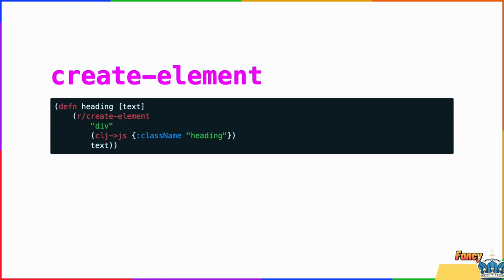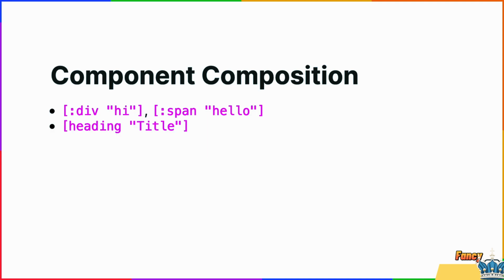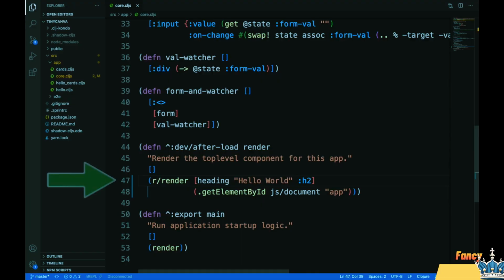This might be helpful in advanced use cases like animations. Native DOM elements are rendered using keywords like div or span. Custom components can be rendered using symbols. If we want to use the heading component that we defined earlier, we can use the heading symbol as the first element of the vector. There are two kinds of reaction people have after reading this code. You either go, yeah, that's simple, Hiccup, it's easy. Or